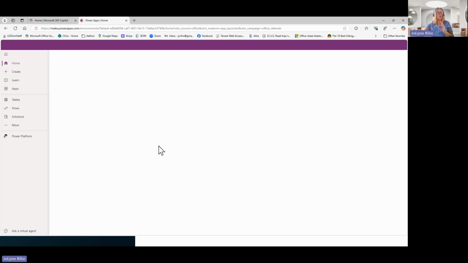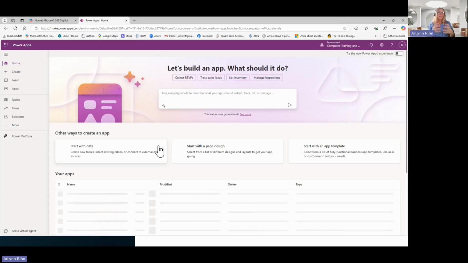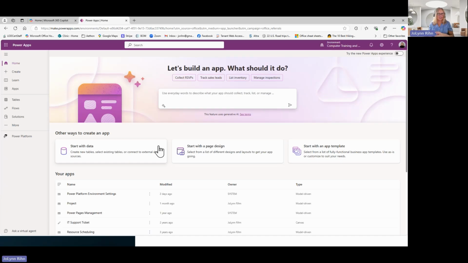So as I'm going through this, I want you to be envisioning what you do and where this could come in to help you, how this can assist you. Keep that in the back of your mind as we go through these. So anyway, right now I'm on the home category.